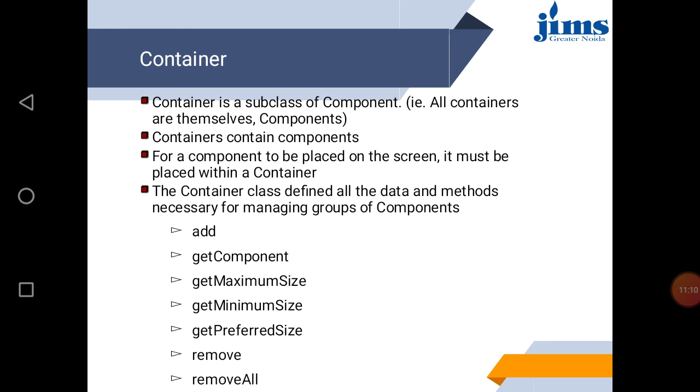You will create one component and set it in a container. It could be a window, panel, frame, or dialog. And there are various methods using which you can add a component in a container, like add, getComponent, getMaximumSize, getMinimumSize, remove, all are different methods.